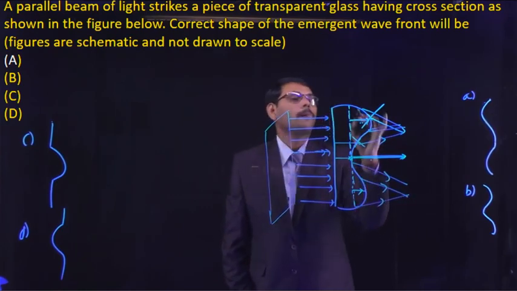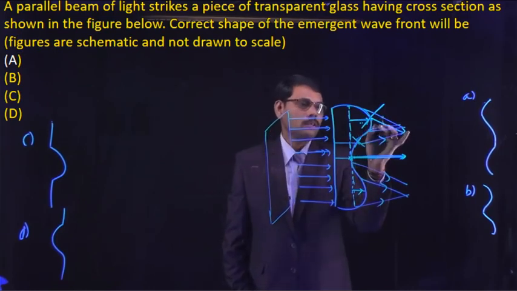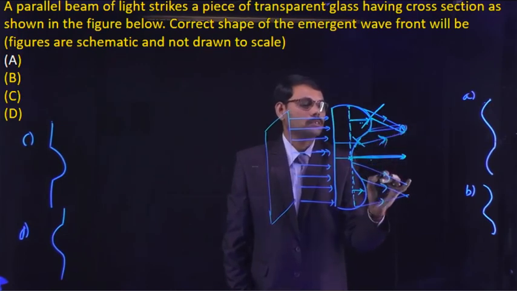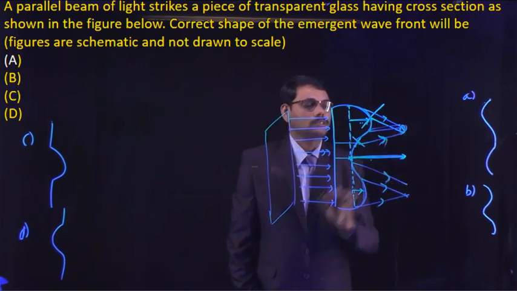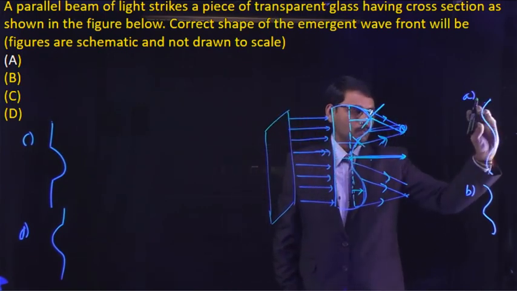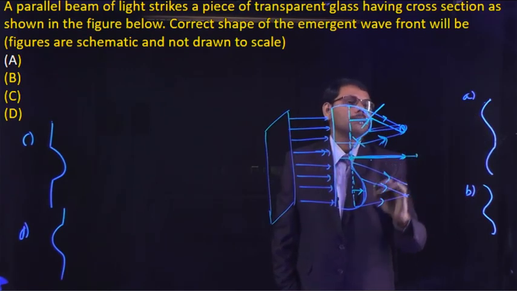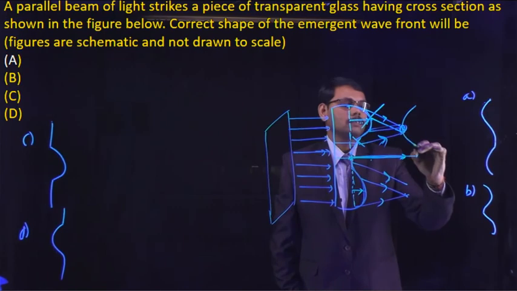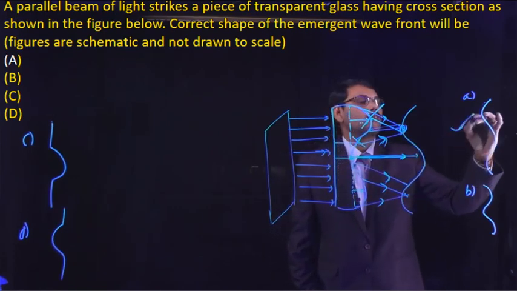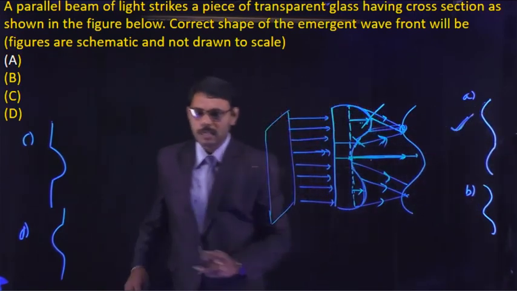You observe that for this shape of cross section of the transparent medium, light converges at this point. For this shape it diverges. For this shape once again it converges. So all these conclude the shape like this. It travels more distance and converges like this, travels more distance and then less distance. Totally the emergent beam may have shape A. This is a wave optics conceptual problem.